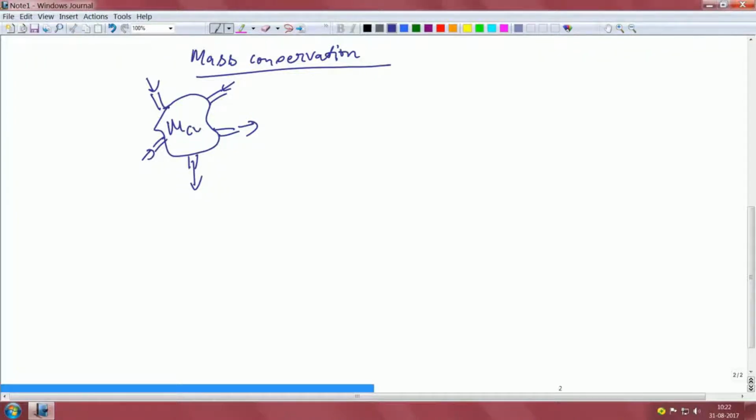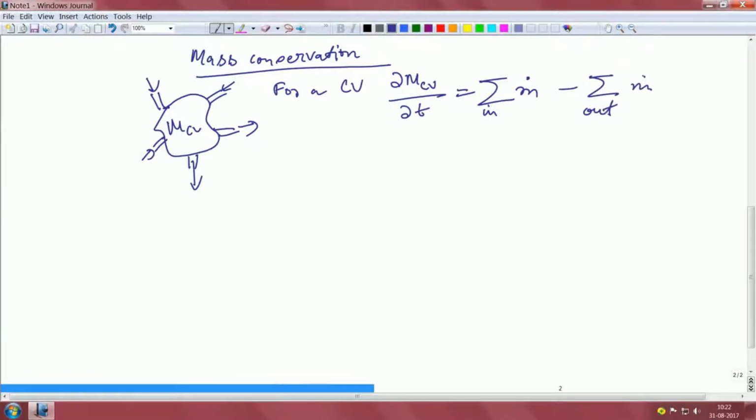So, that is MCV. For a control volume, in short CV, dMCV by dt is basically the summation of all the inlet mass minus all the outlet mass, correct. Whatever mass is coming in minus whatever mass is going out would dictate the change of mass within the control volume, right. This is a very simple thing that you have done in thermodynamics and other cases as well. So, there is a lot of inflow and outflow. Now, if I make this control volume infinitesimally small,